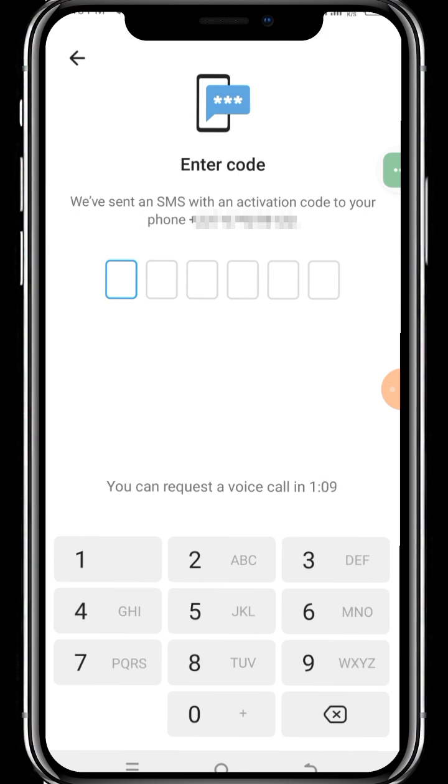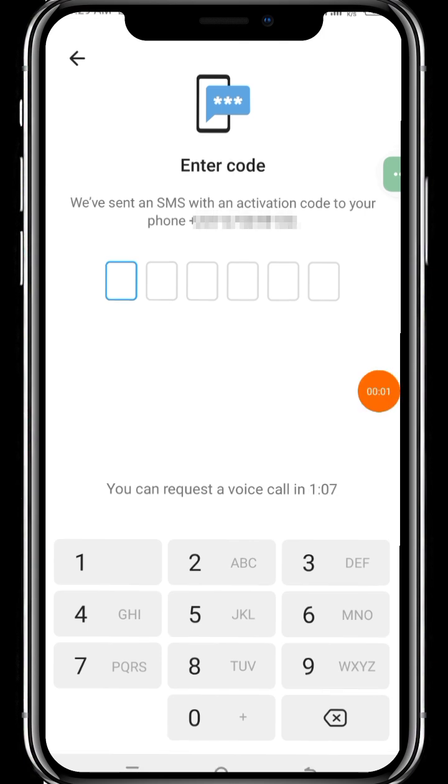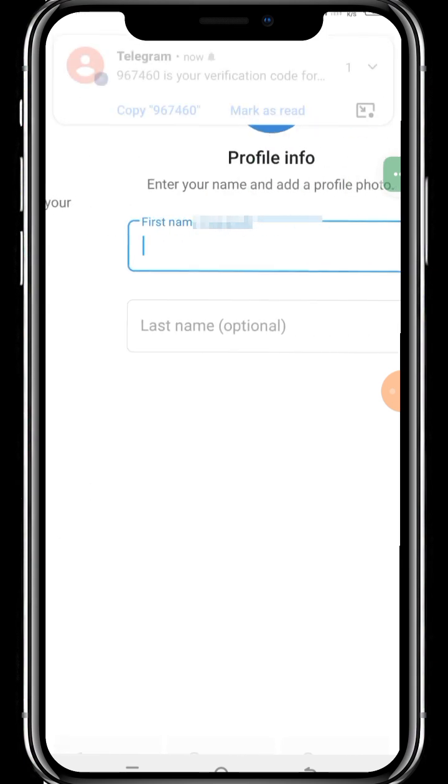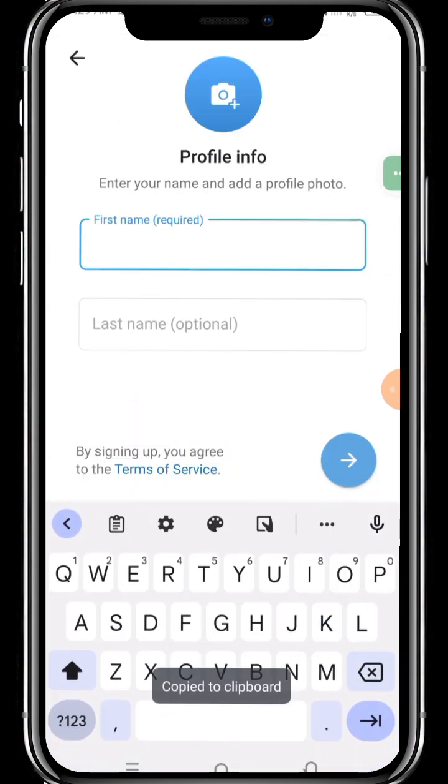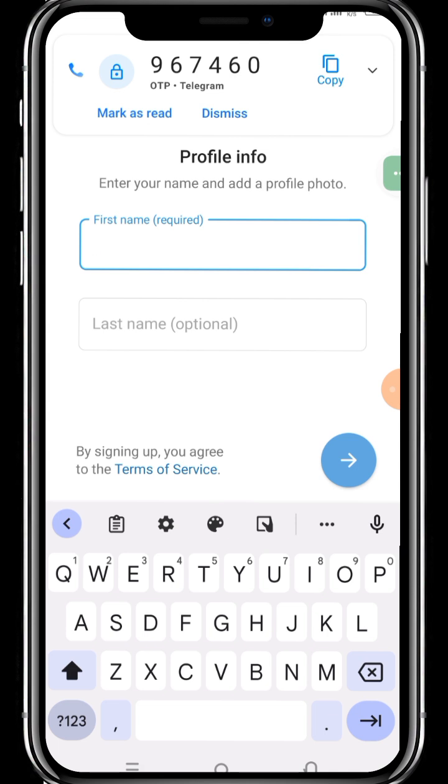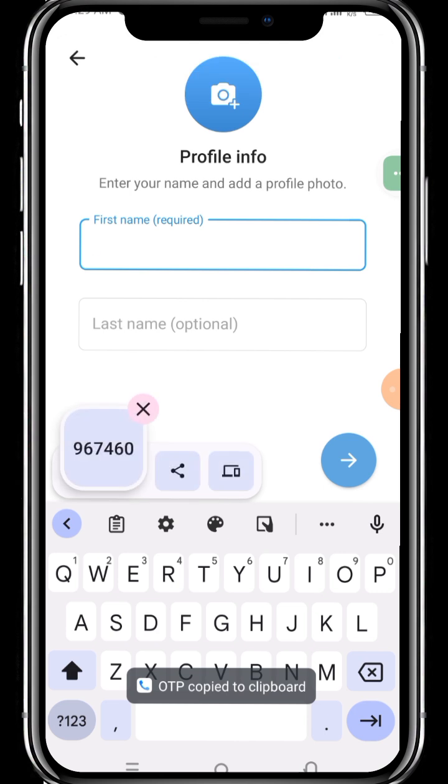Telegram will send a code to ensure that it is your phone number. So we're going to send a code so that you can enter the code and continue. Okay, we have received the code, and you go right away to create our new